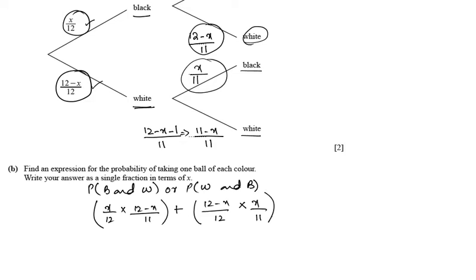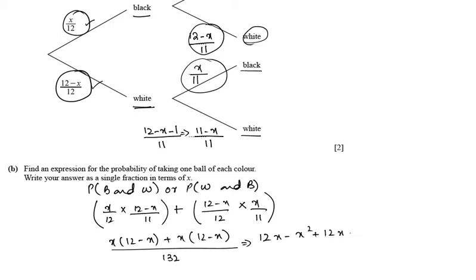Okay, now as they are saying to give the answer in terms of X, we will multiply the numerators and denominators on both sides, and then we will take an LCM and simplify it. So X multiplied by 12 minus X plus X multiplied by 12 minus X, and in the denominator when we multiply 11 and 12, it's 132. So if I write all together, it will be over 132. Now when we simplify the numerator, it will be 12x minus x squared, and similarly plus 12x minus x squared, upon 132.